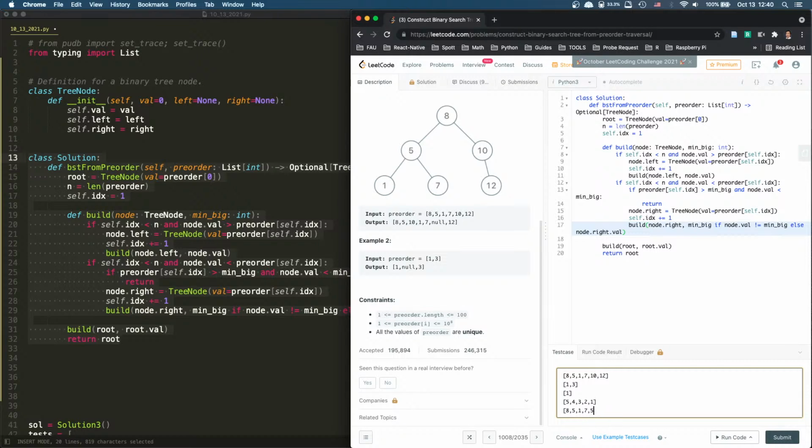6, right? We can do 6. No, I think 6. We can do 6. That's smaller and still larger than 5, but that's it. That's the only thing we can go. So at 1, we can actually go more. We can go